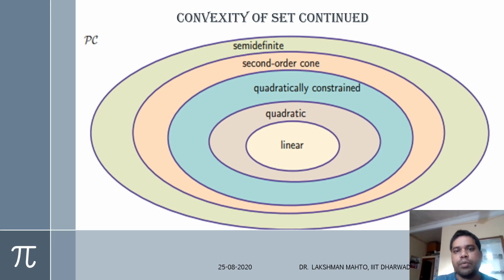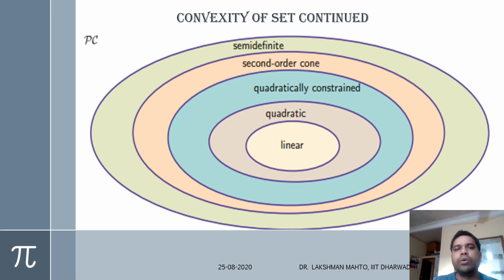So once we have a polyhedral, then with respect to the polyhedral we can define linear optimization. If you have a cone, then with respect to that cone as a convex set, we can define a semi-definite or conic program over that. So what does this approach give? It says that if you know much about the pattern of a convex set, then the problem defined over it is easy to solve.